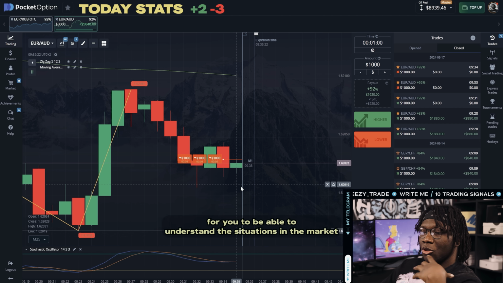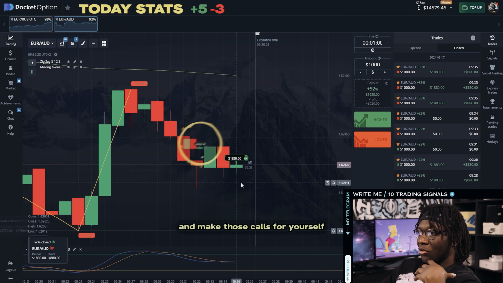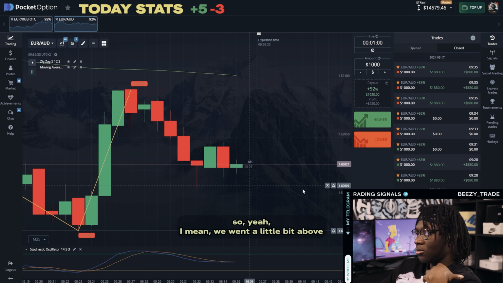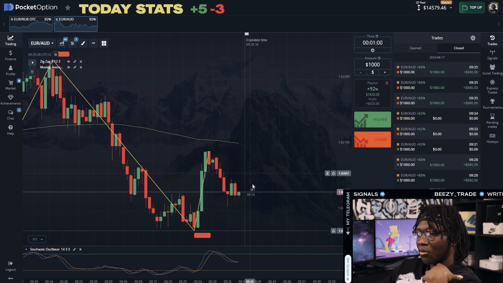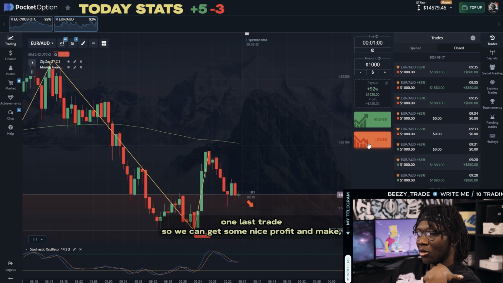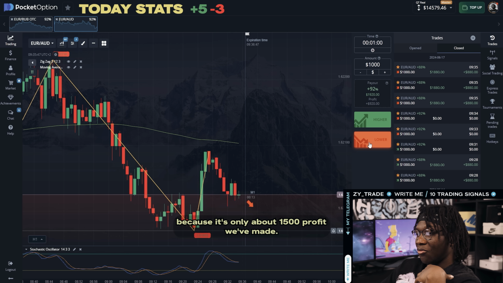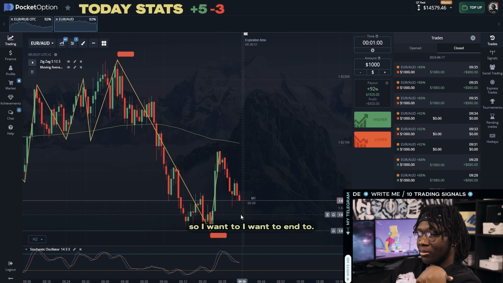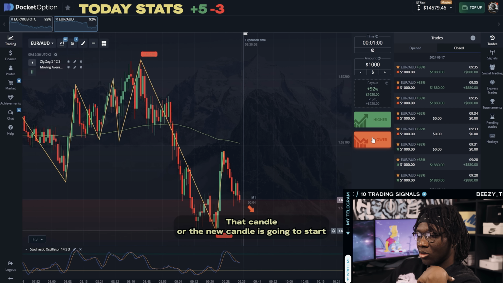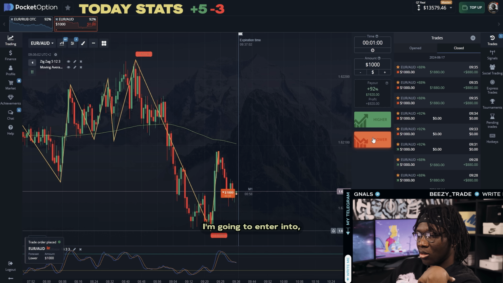So it's very important for you to be able to understand the situations in the market and make those calls for yourself every now and then. So yeah, I mean, we went a little bit above what I want to, but I think that we could go one last trade so we can get some nice profit and make this nice, because it's only about 1,500 profit we've made. So I want to enter right as the new candle is going to start. I think it's going to pull up a little bit. I'm going to enter into